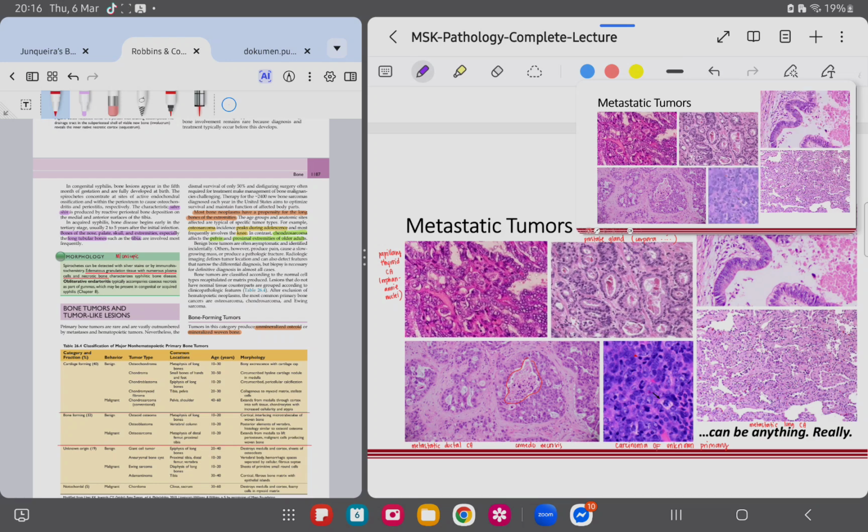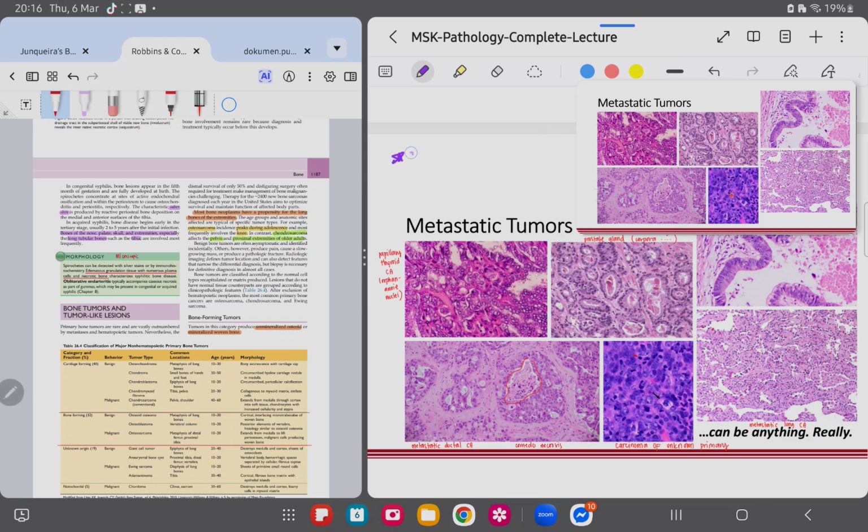So again, go to the history. The cases are short because I did not want to overwhelm you with text. It's mostly picture based, but the clues in the text are sufficient. So don't expect that the questions will be very lengthy because you only have 1 minute to read through the question. So at most, it will be a two-liner description, usually with the age, the imaging findings if available, and